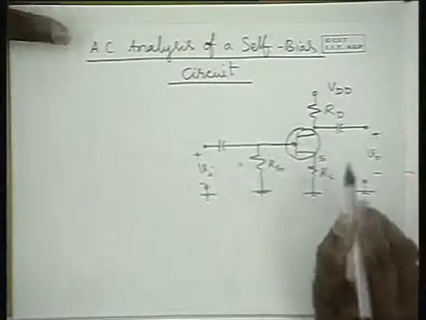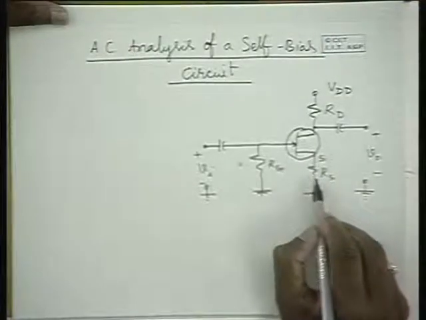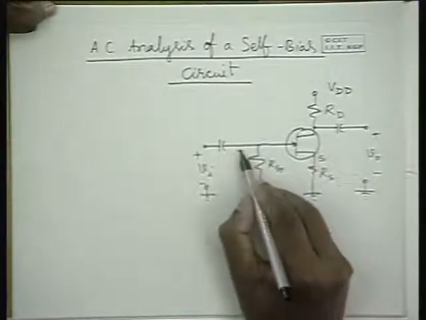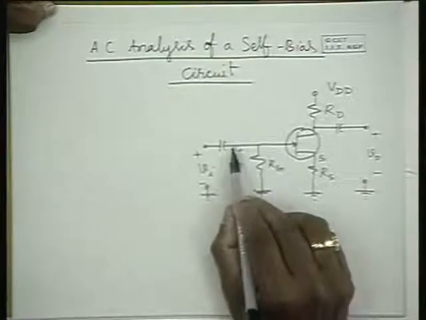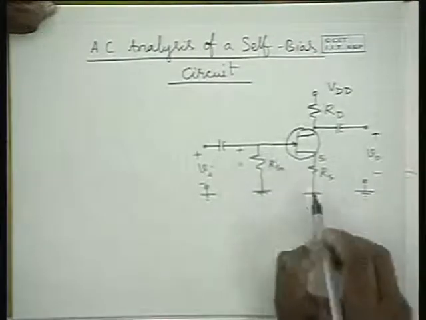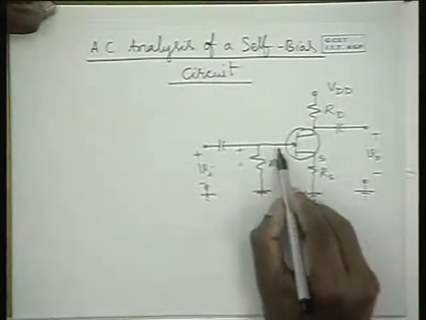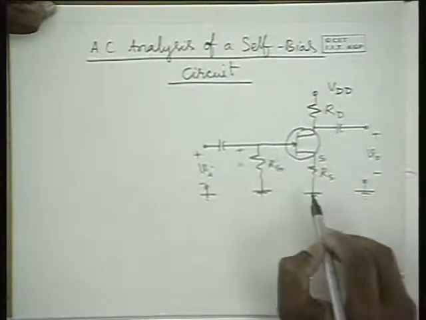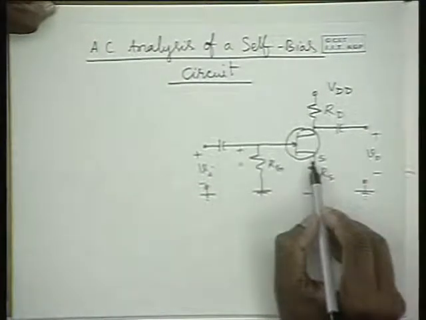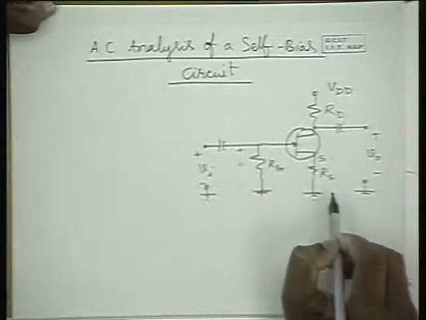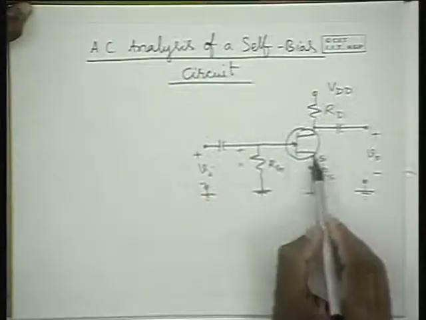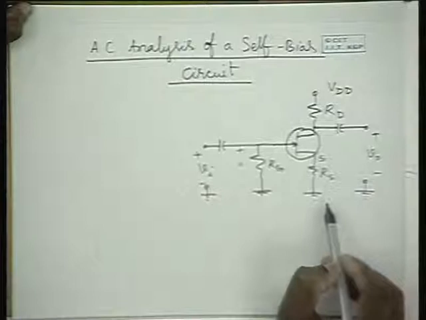So in this circuit also, when a source resistance is used, the input voltage that is applied between the gate and the ground appears between the gate and the ground here. So this AC voltage that is applied between the gate and ground is going to be equal to the gate to source potential plus the source to ground potential. The AC signal that is applied between the gate and the ground gets divided between the gate and source and the source and ground.